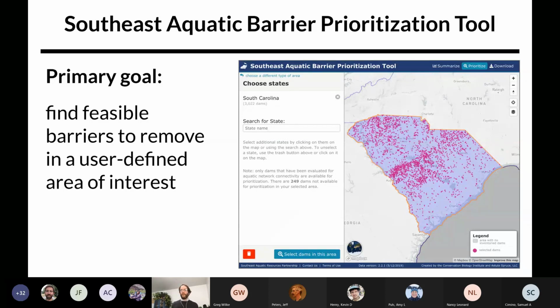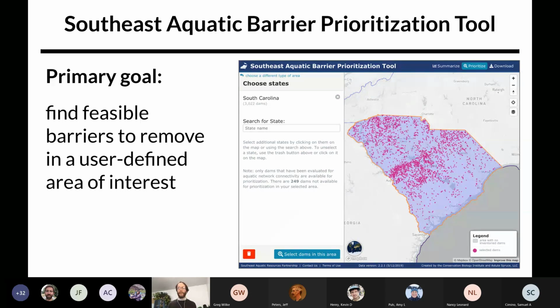There are many large reservoirs and hydroelectric facilities that are unlikely to be removed, so it's important to filter these out early on and not spend any further time on them. There are also many barriers that have been created over hundreds of years that have fallen into disrepair or are otherwise no longer needed. And some are downright hazardous. So there are opportunities to remove dams that are not only hazardous, but also restore aquatic connectivity.